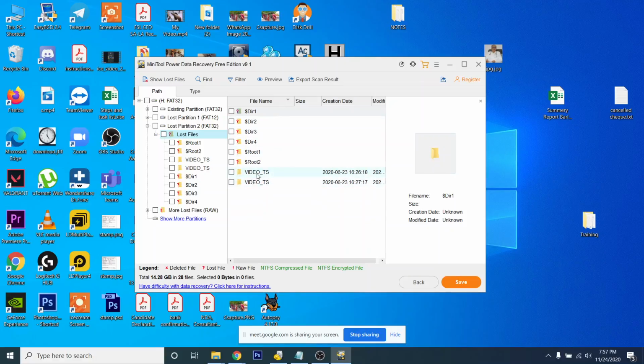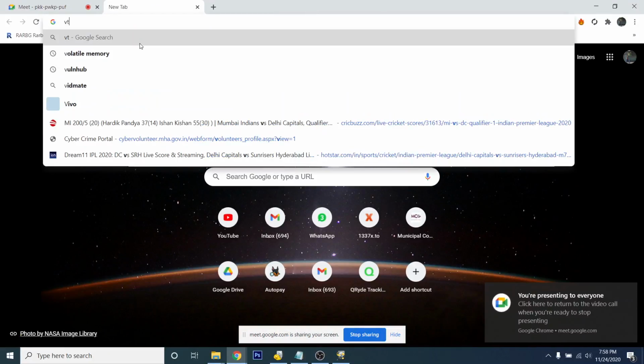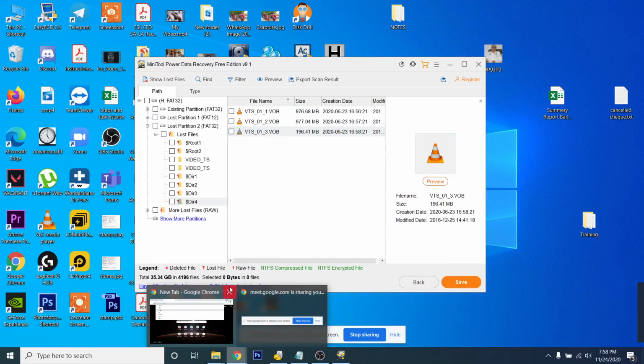These two folders have the data of the videos which were on a CD, and these four directories also have data related to some type of function which was stored on a CD or DVD. You can see vts03 dot verb. If you just copy this or search it on the web, you can see that this is related to vts01.